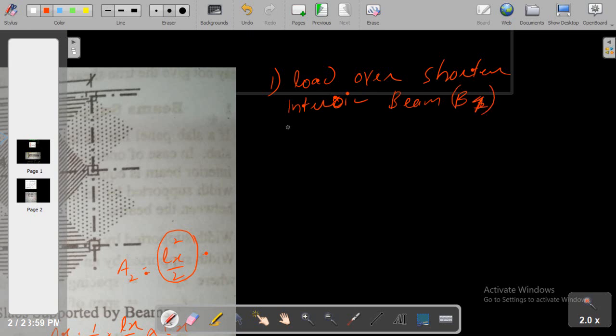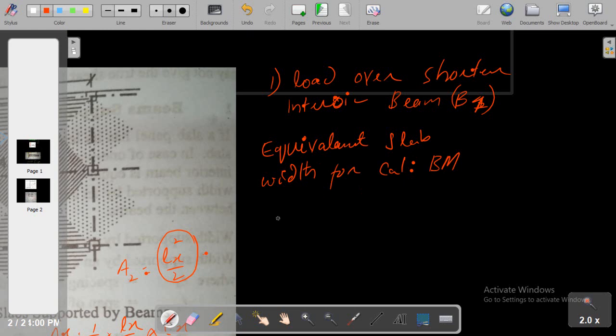Now the load will be the equivalent slab width for calculation of bending moment, right? The equivalent slab width, because we find the equivalent slab width for calculation of bending moment will be, remember,